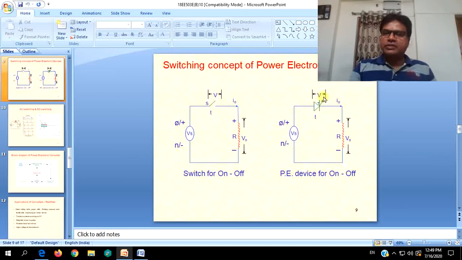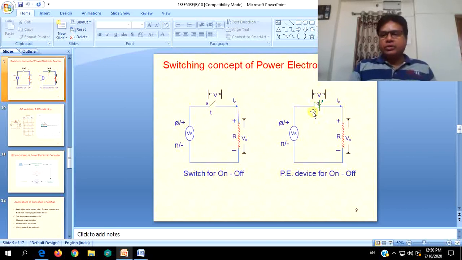Likewise, in the case of SCR, it will be subjected to forward blocking voltage, or this should be capable to block the total source voltage in the forward as well as the reverse direction as compared with the first case. In this case, you can compare this with normal SPST switch, forward and reverse voltages, but forward or positive current to the load and SCR. So this is a two quadrant operation.